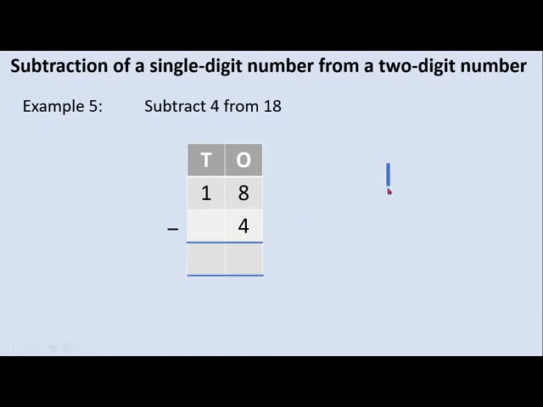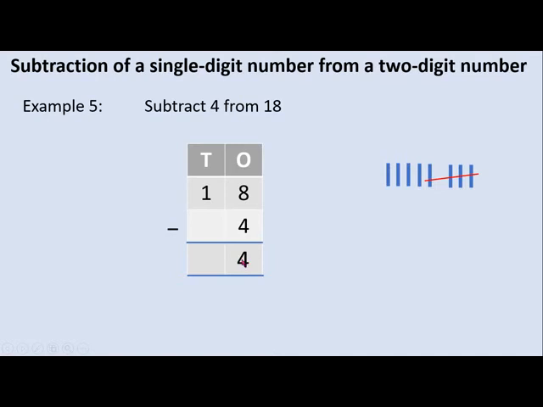Let me show that with the help of these lines here. Let me draw 8 lines first. 1, 2, 3, 4, 5, 6, 7, 8. After drawing 8 lines, what I do now is I will count 4 lines and I will cross those 4 lines. I am counting from right to left. 1, 2, 3, 4. I will cross out these 4 lines. The remaining number of lines gives us the difference. That is 1, 2, 3, 4. So I will write 4 here. That means 8 minus 4 is equal to